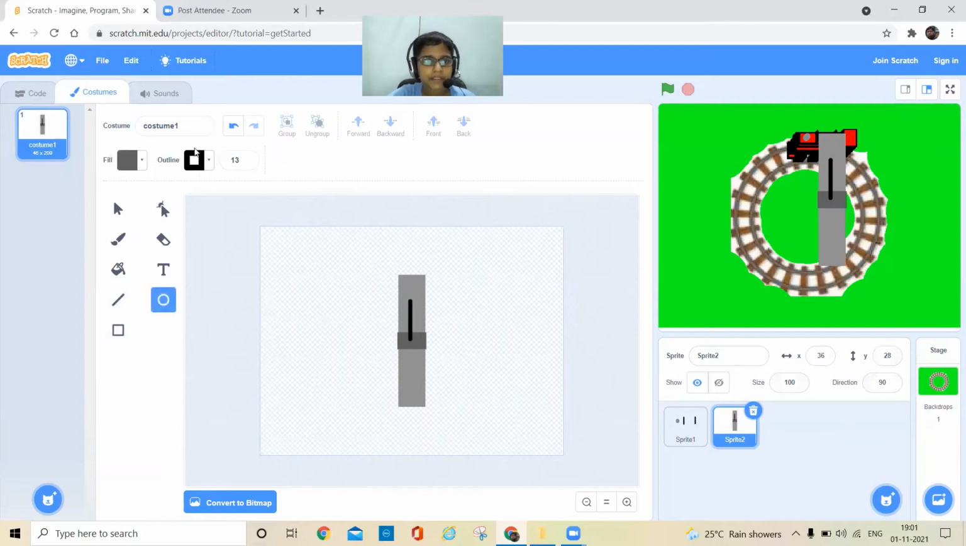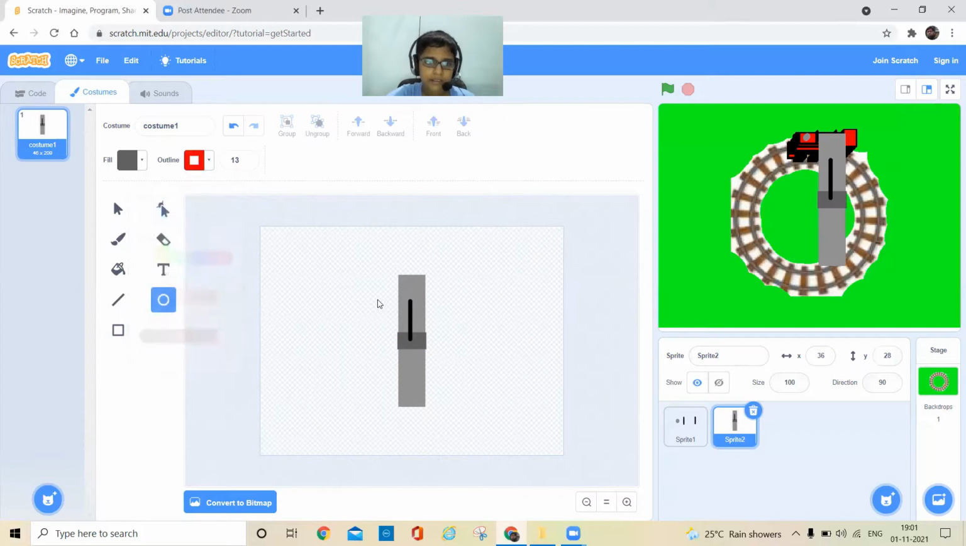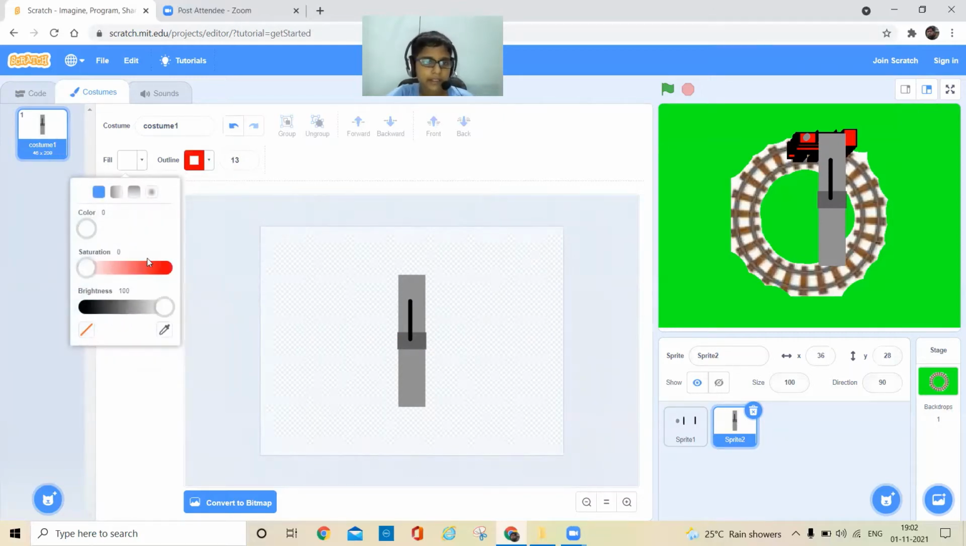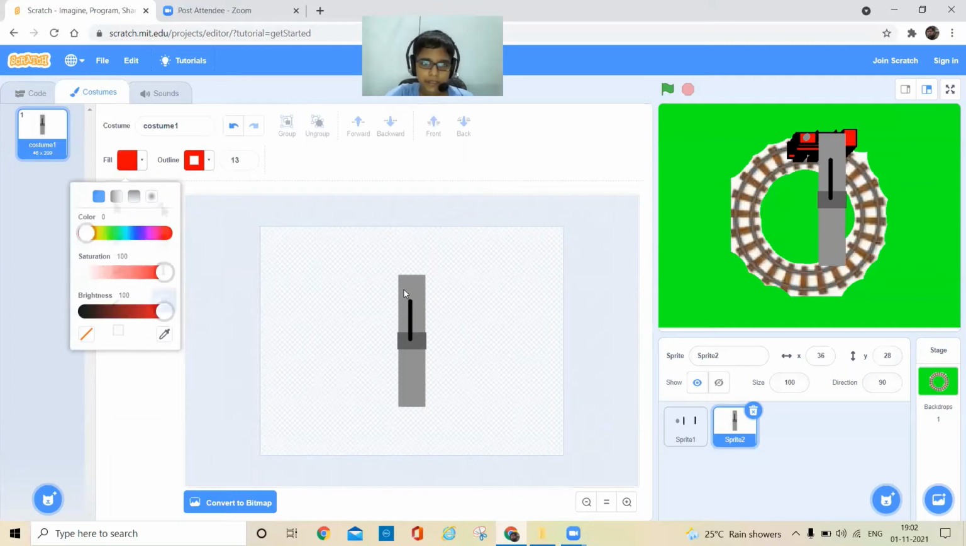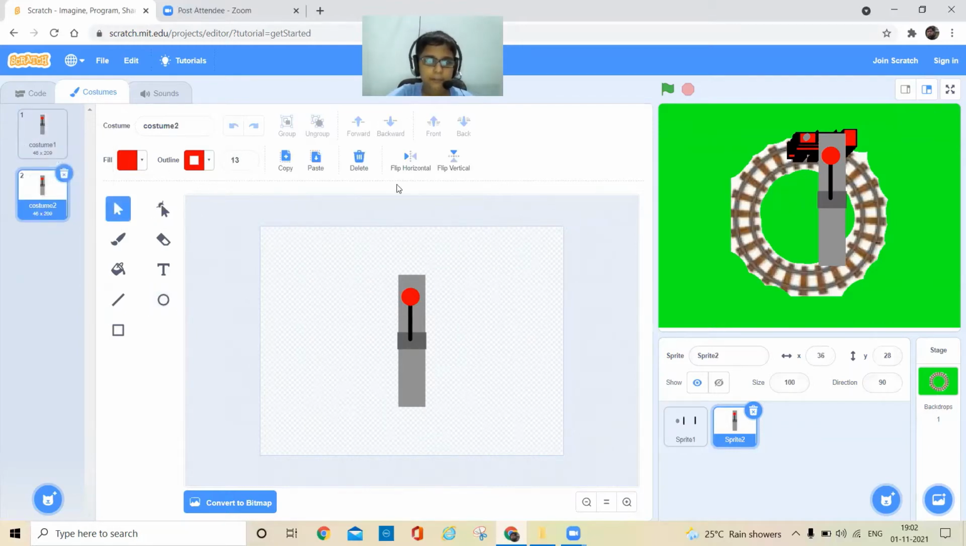And now let's make that red thing which is here, the red circle. So I'm going to take red here and draw it here. And now just duplicate this. Go to this selecting option and this option here, I'm going to press it, then it's like off. So now here,